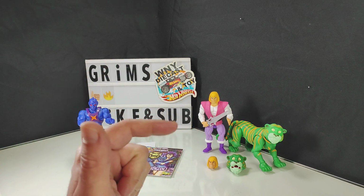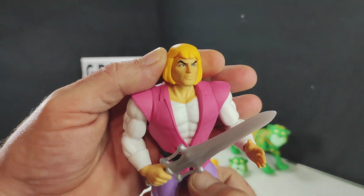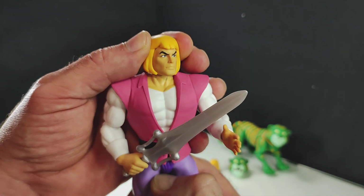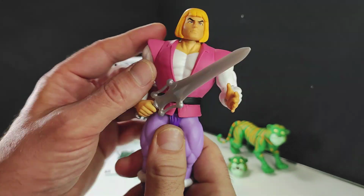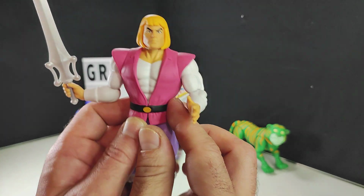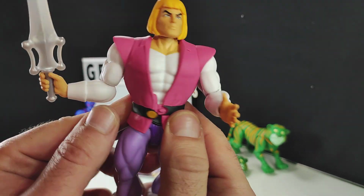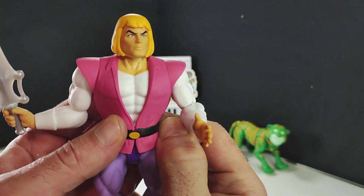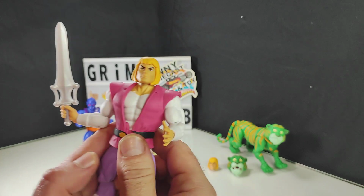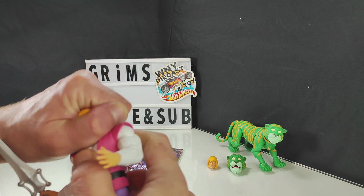Next up we have Adam and Cringer. We'll first take a look at Prince Adam here. Here's our more serious face. He's got a sword, and his shirt is removable. So you can take that all off if you like. And he does have all the same removable parts as usual. In fact,